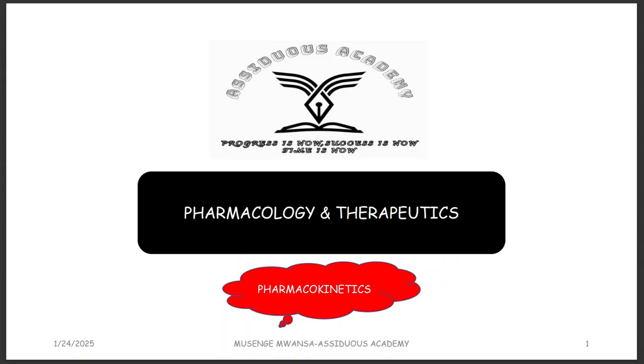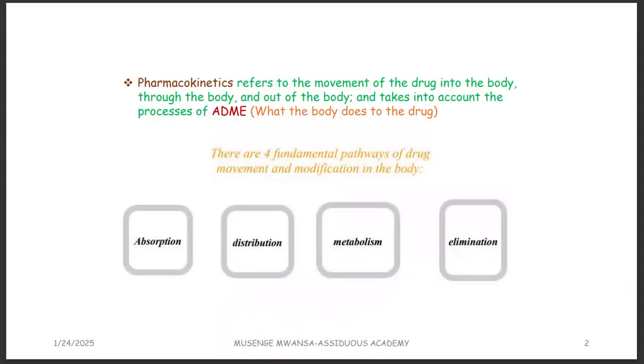So this is pharmacology and we are talking about pharmacokinetics. Pharmacokinetics, from the word kinetics, it's talking about movement, kinetic energy. So when we are talking about pharmacokinetics, when you take a drug, you are looking at all